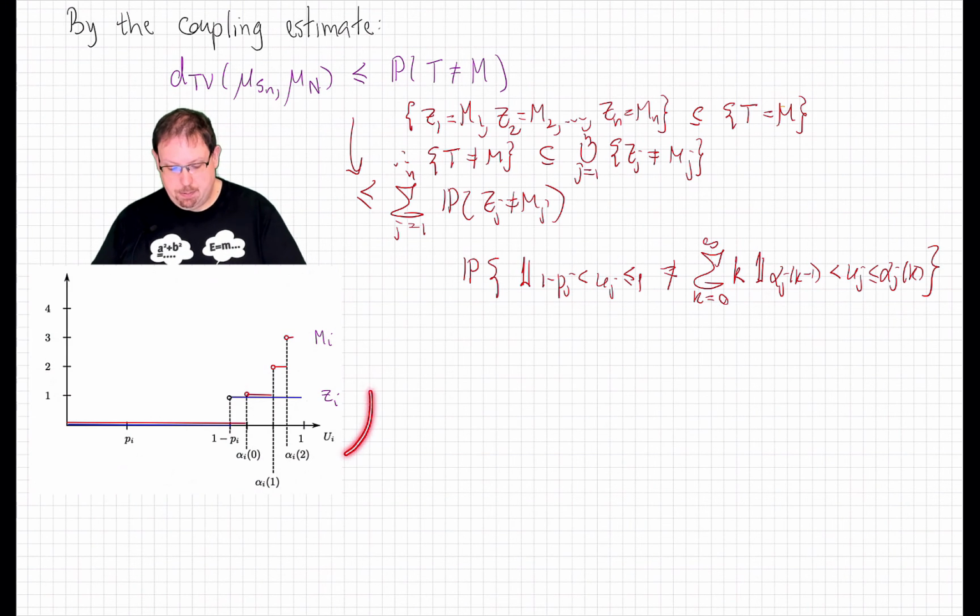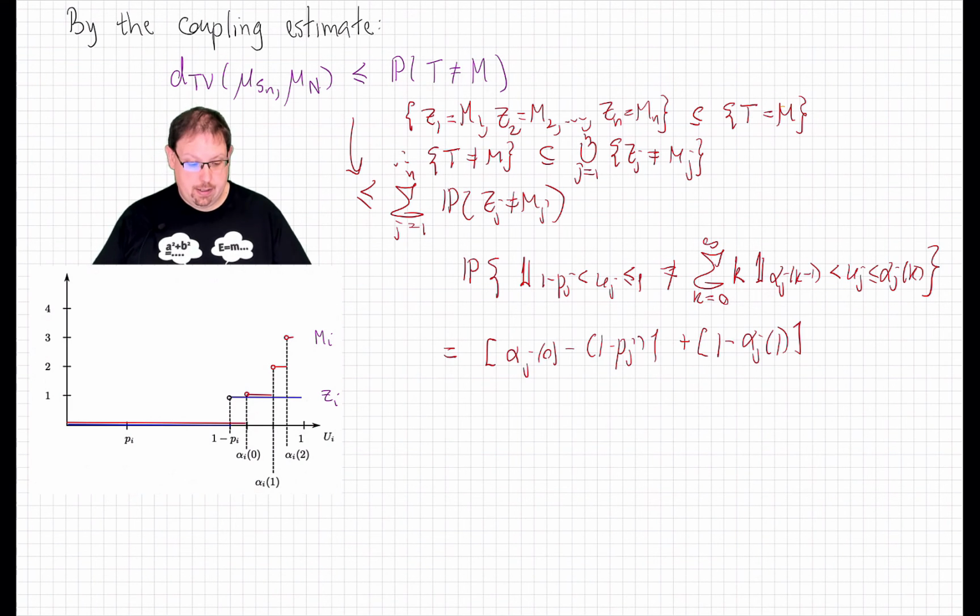That is, looking at this picture here of the cumulative distribution function of Z_i versus M_i, these two differ precisely here and here. And by the uniform distribution that we're using here, that probability is therefore equal to this,